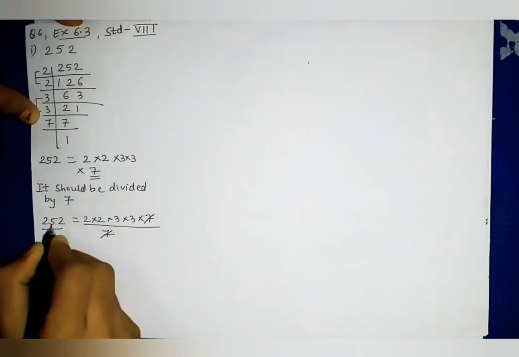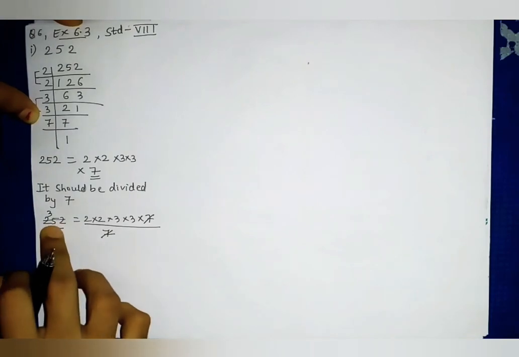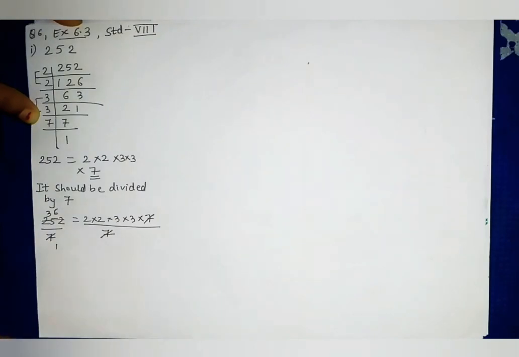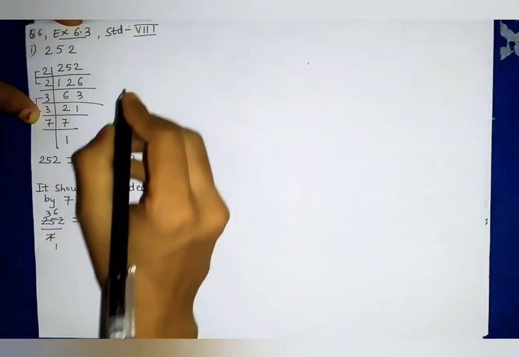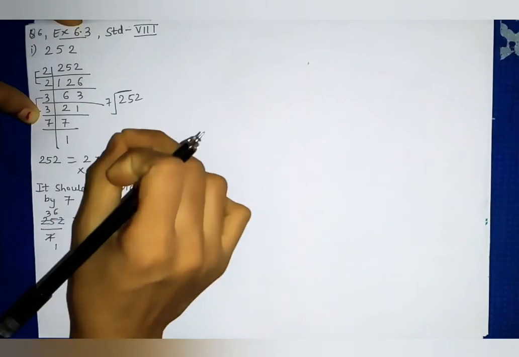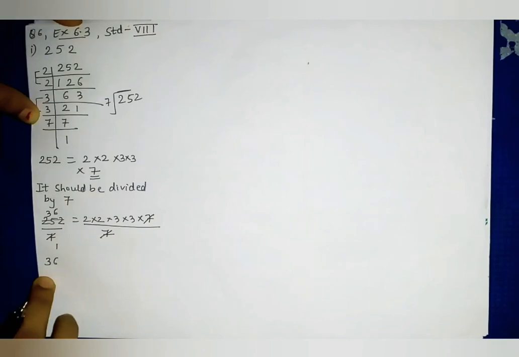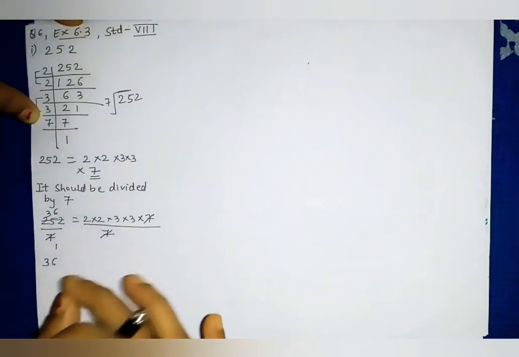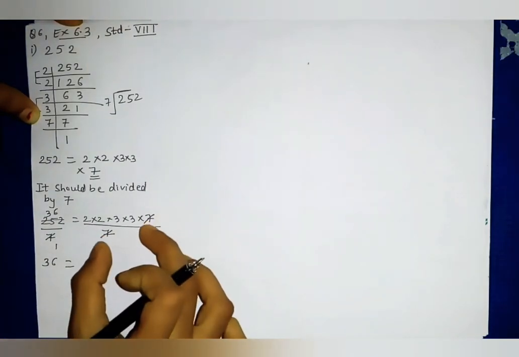So 7 1s are 7, and this will be 7 3s are 21. So 5 minus 1, 4 is left, 42 means 7 6s are 42. Okay, I hope it is clear. If you are not comfortable in cancellation like this, you can divide on the side. 252 divided by 7. This way you can divide. Okay, answer will be same. And after division you will get 36, and that you can write down. So either you can do cancellation or you can divide here by 7 on the side and then you can write down. So 36 we are getting, and this side, this 1 7 which was extra.